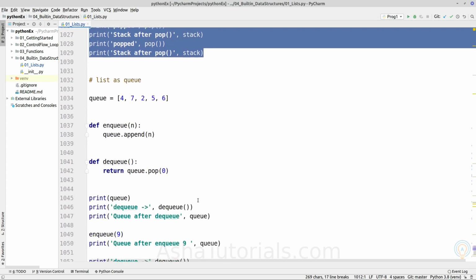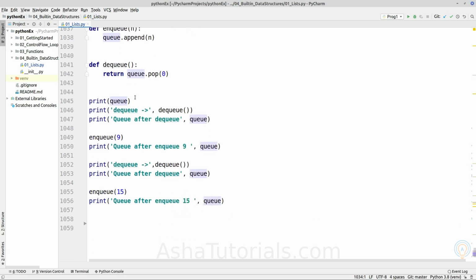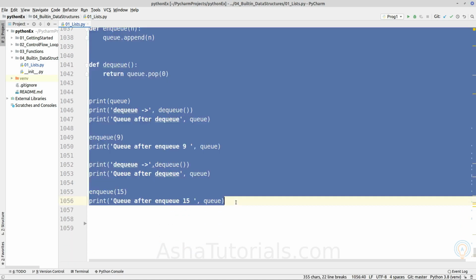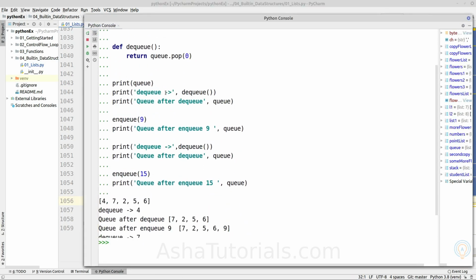In the same way we can use a list as a queue. Enqueue will append the given element to the end of the list, and dequeue will remove the element from the beginning of the list. We will simulate some enqueue and dequeue operations using these functions.